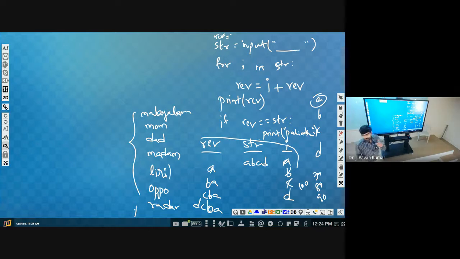Now consider one challenge. We have 10 characters in a string. We access character by character, then we are able to reverse it and check. That's fine. But our objective is to find whether the given string is a palindrome or not. But if we have a string of length 100, we still have to go through character by character. We reverse it, get the reverse, then compare it with the original string.